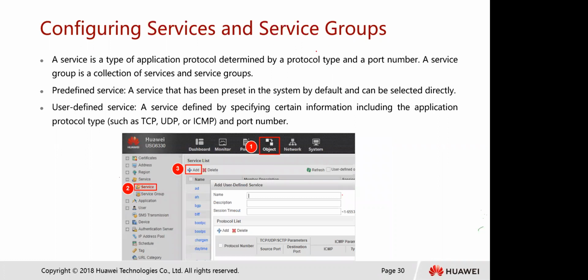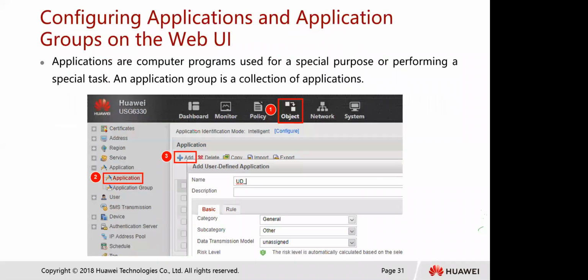So, configuring services and service groups, we'll also look at the different services, but basically a service is a type of application protocol determined by the protocol type and port number. A service group is a collection of services and service groups. A predefined service is a service that has been preset in the system by default and can be selected directly. A user-defined service, kindly take note of those two differences, is a service defined by specifying certain information, including protocol types such as TCP, UDP, and ICMP, and